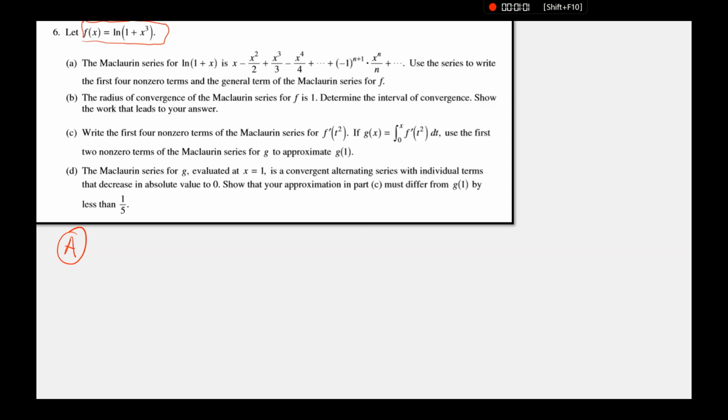So since the Maclaurin series for ln of 1 plus x is given, we just change x. Okay, so what's going to happen to my first term? So it's going to be x cubed